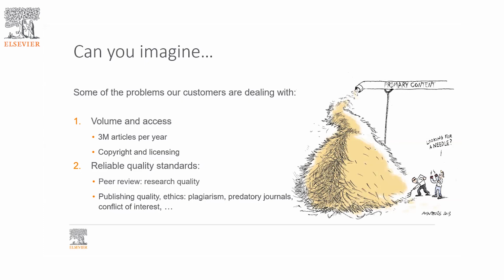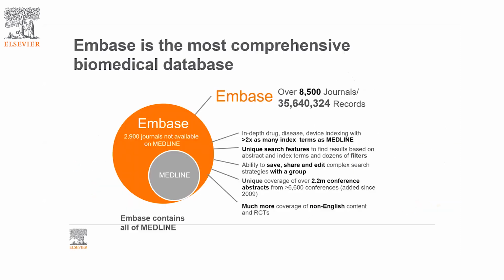Tools like Google Scholar and PubMed very often give negative results. But if you are using Embase, it really gives you comprehensive results and flexible tools that give you the possibility to find reproducible and documentable results. I will explain why. At the moment, Embase is the most comprehensive biomedical database in existence. It includes about 36 million records